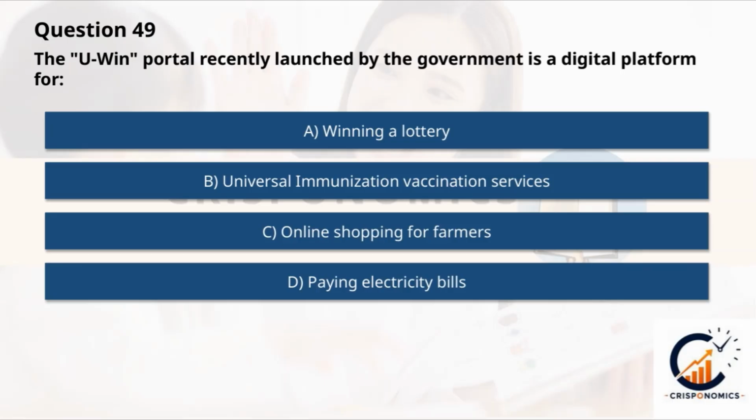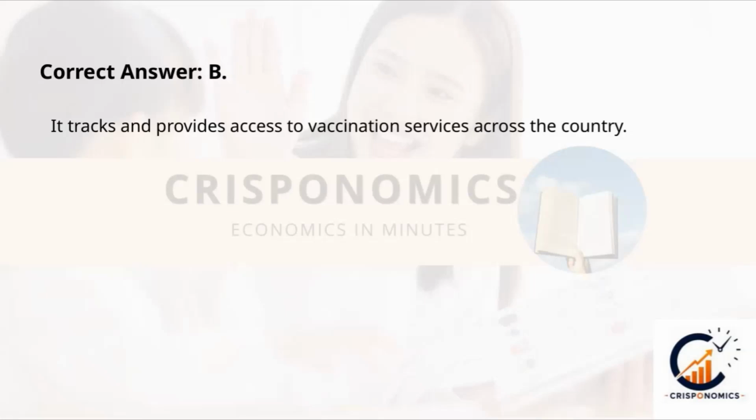service and engagement. This slide highlights a system that tracks and provides access to vaccination services nationwide. It's about connecting people to the vaccines they need, wherever they are. The focus here is on accessibility and coverage, making sure no one is left behind when it comes to immunization. This initiative plays a crucial role in public health by keeping the entire country informed and protected.